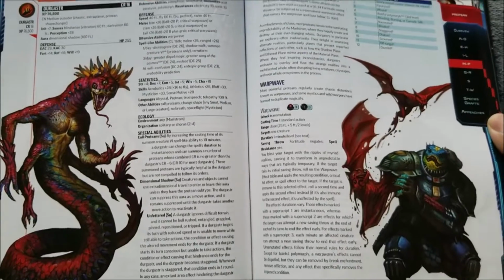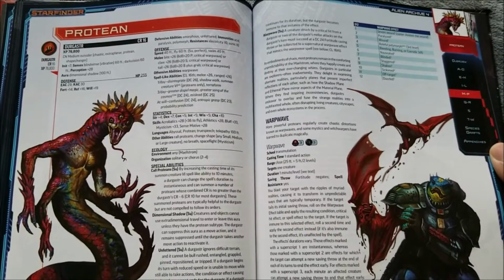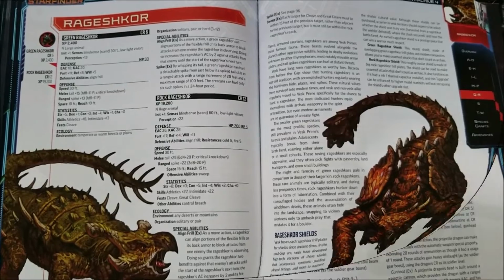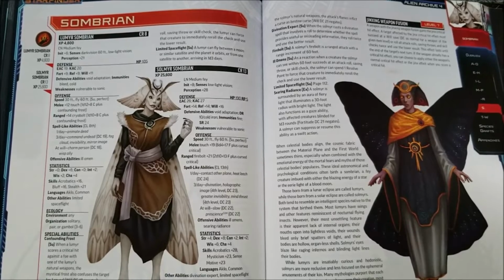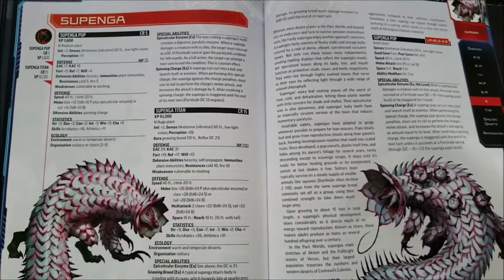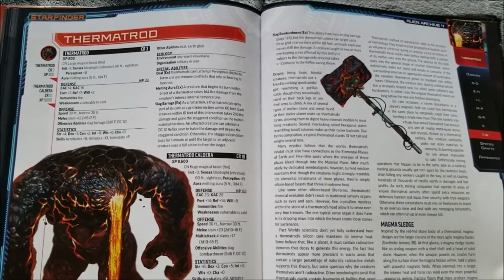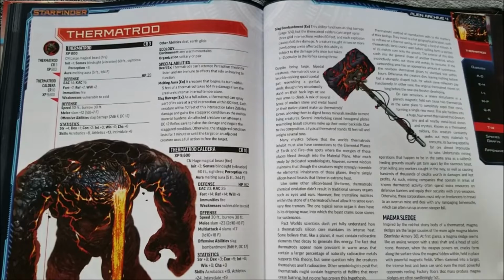The Protean. Move this book in range a little better. The Protean, which is pretty crazy. Looks like there's some different variations of the Protean. We have Radiation Drakes, Rage Score, Robot Dragon, the Sombrian, I'm not sure how to say that. The Supenga, which are really cool and interesting looking creatures, in my opinion. The Thermotrod, which definitely looks like a kind of creature you wouldn't really want to tangle with too much. Magma based elemental type creature,